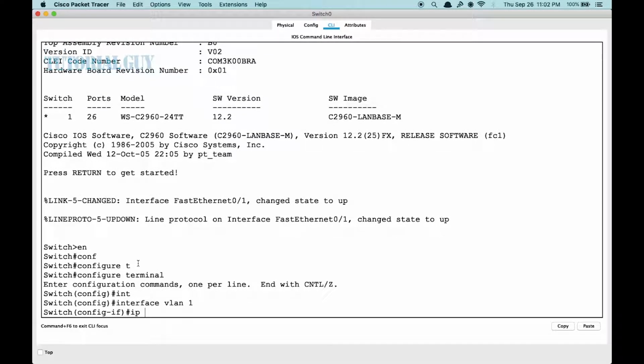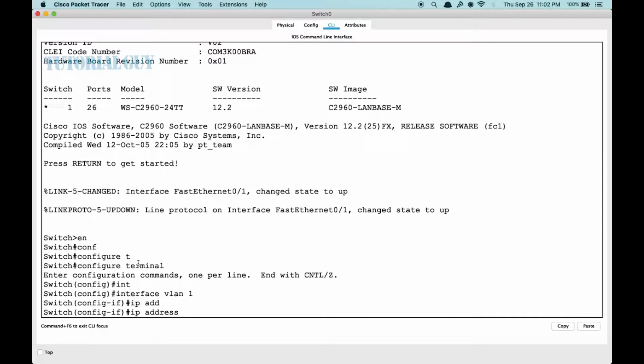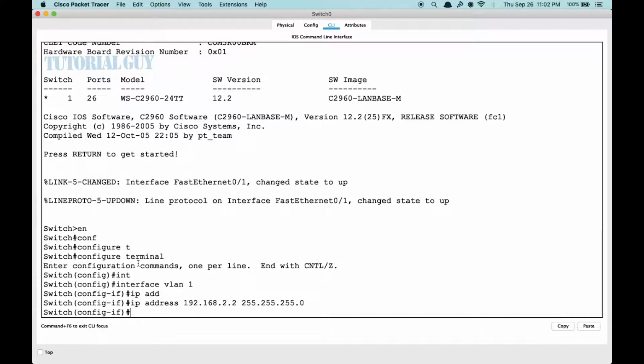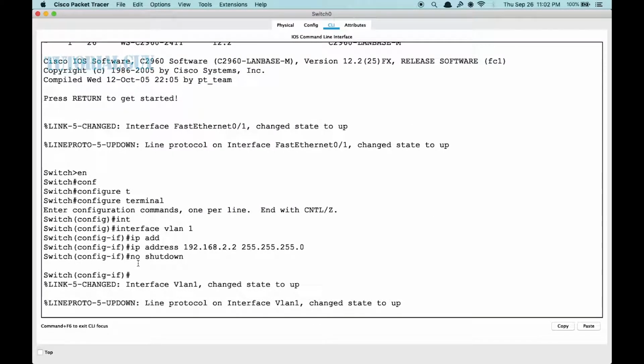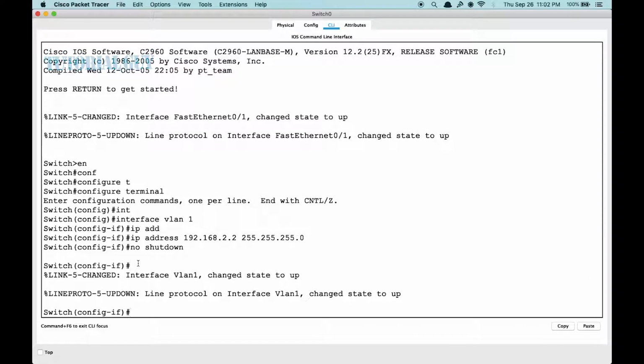Now let's give this the IP address 192.168.2.2. Let's keep the subnet mask as this is class C, so 255.255.255.0. Now let's give no shutdown so that it changes the state to up. Now as the state is up, what we need to do now is